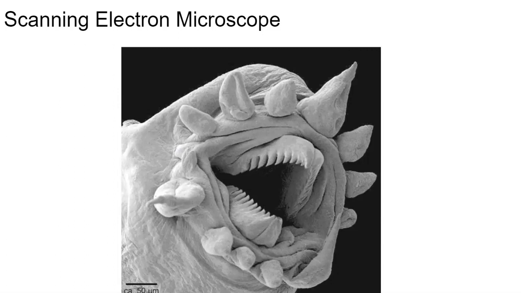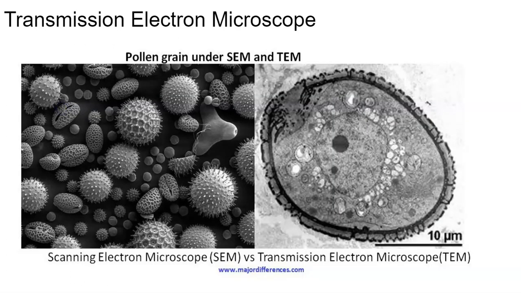And here we have a picture of a very small worm, I think, with the scanning electron microscope. And here on the left we can see photos taken by scanning electron microscope, and you can see the 3D structure, the surface of what looks like bacterial cells,